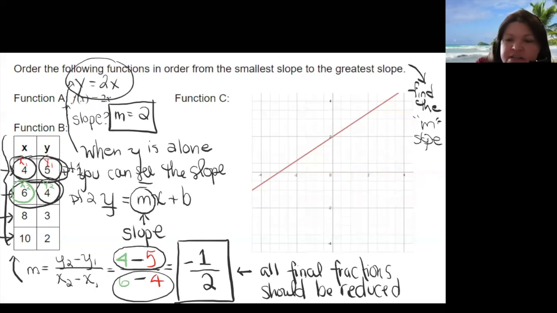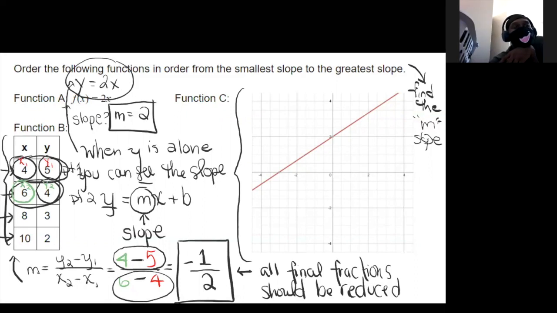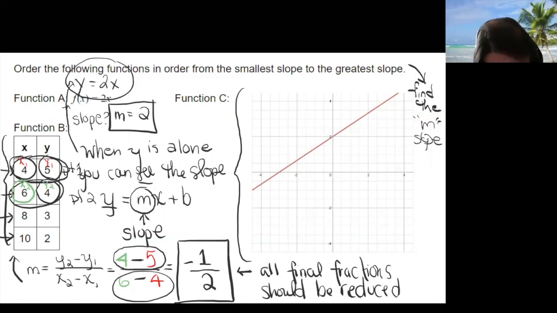Again, I'm trying to find the slope, but again, they gave me something different. What did they give me this time? What am I looking at? A graph. Anybody know how to find slope off of a graph? Is it rise over run or something? Beautiful. The quick, easy way on a graph is, again, to find the change in y over the change in